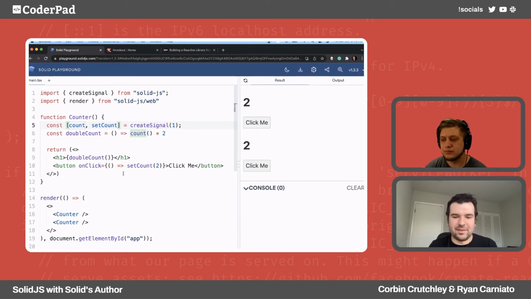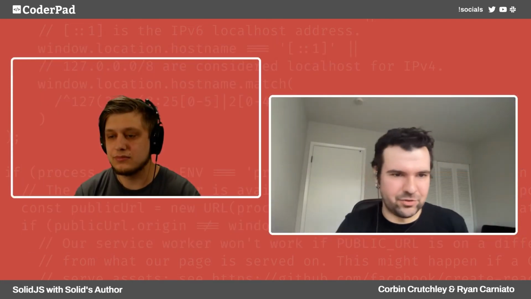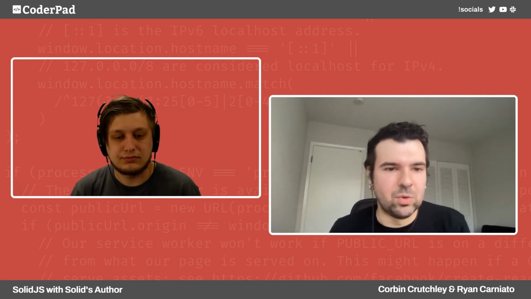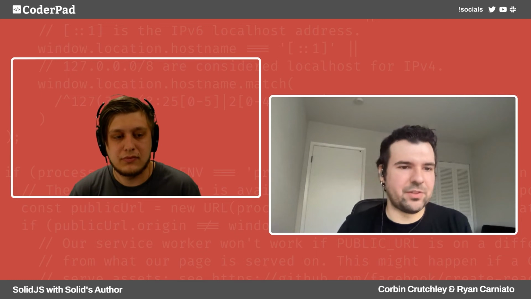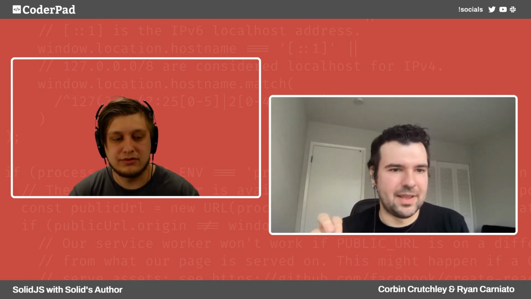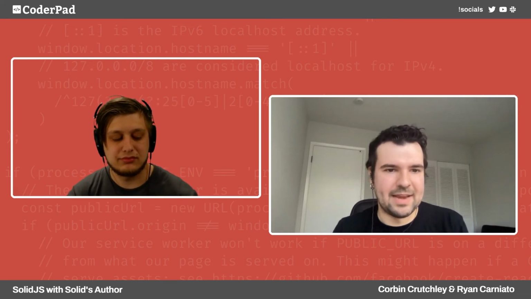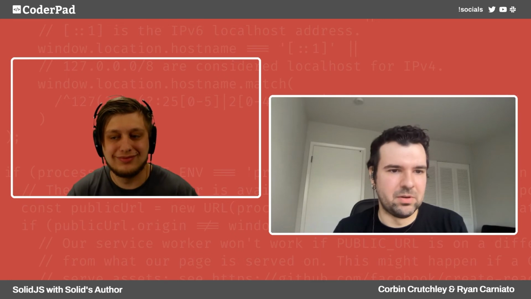So it's interesting because there's a lot of that kind of back and forth. And as I said, if you keep the primitive simple and you keep the mechanism simple, you can do whatever you want. I made a Solid element so people can use web components with Solid, and it lets you use components like this as the base of your web component. But it's really cool how, as I said, we started this whole example without the DOM. And that's the power of reactivity. It's completely portable and transportable, and the concepts stay the same no matter where you go.